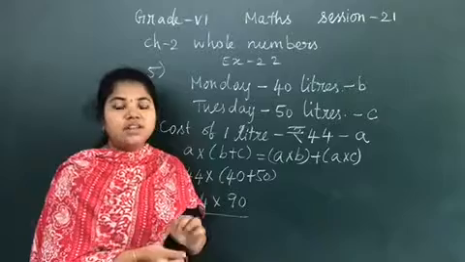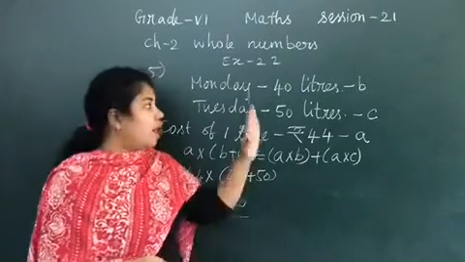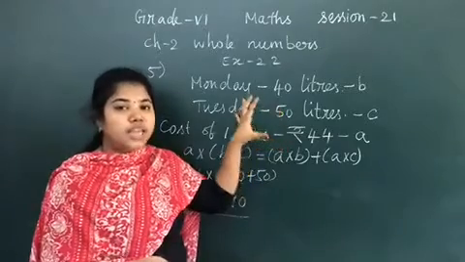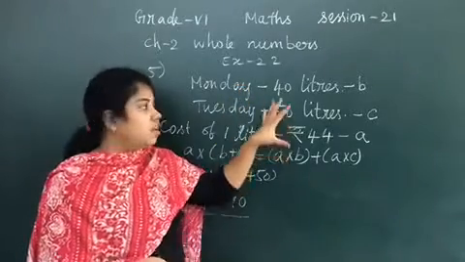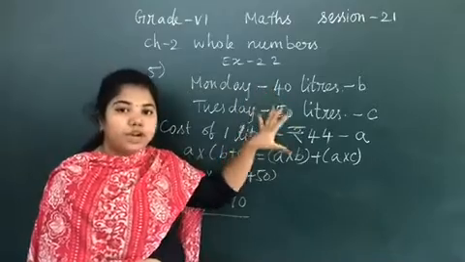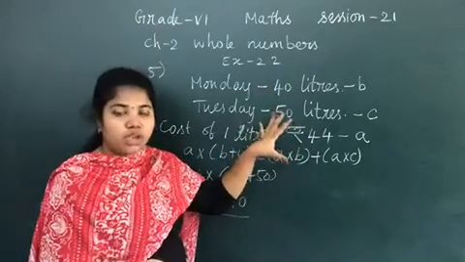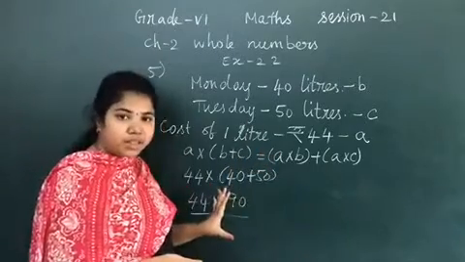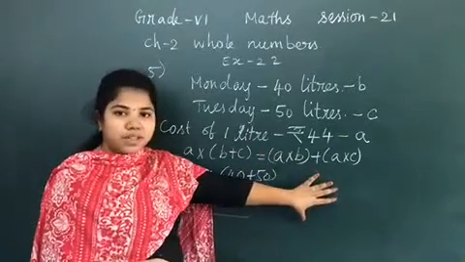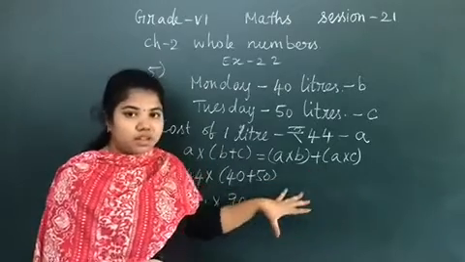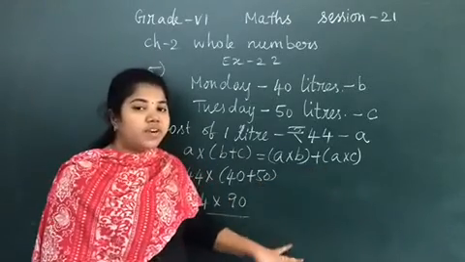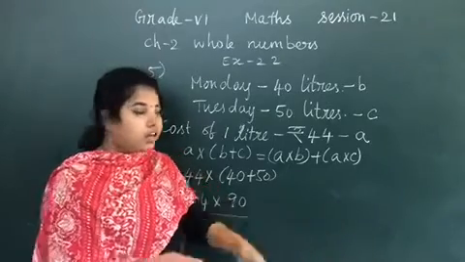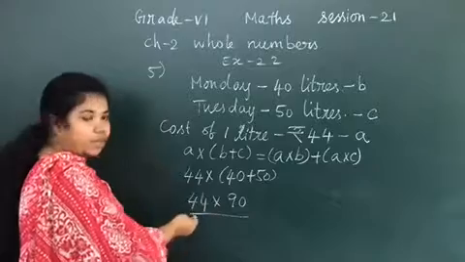Are you clear? So this is very simple. You have to write the statements first. Then you have to think about what is given in the statement. You have to find out what property is to be used in the particular question to find the answer. Are you clear? If you don't want to do it in this method, just try it at home in the other method, or you can equate both methods and find whether LHS is equal to RHS. Can you understand?